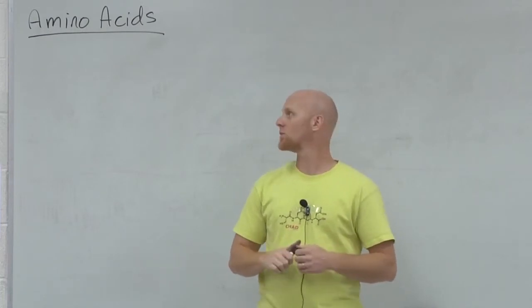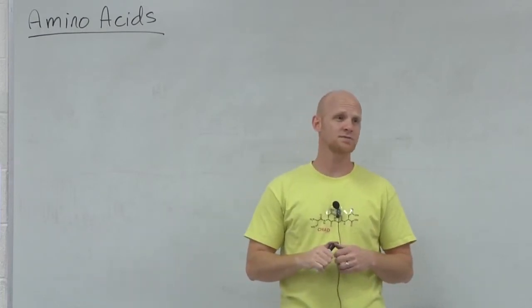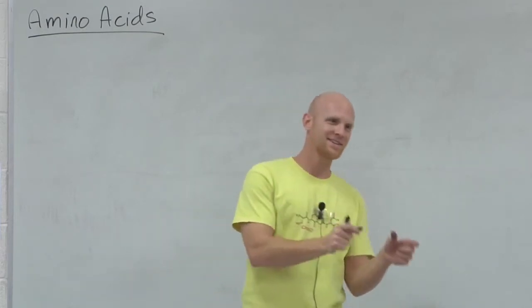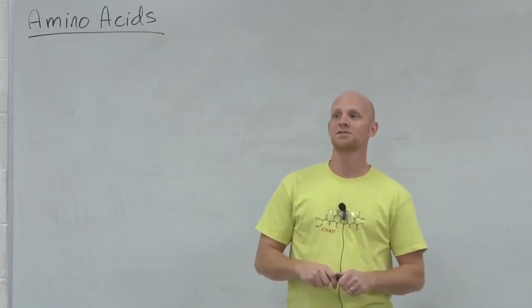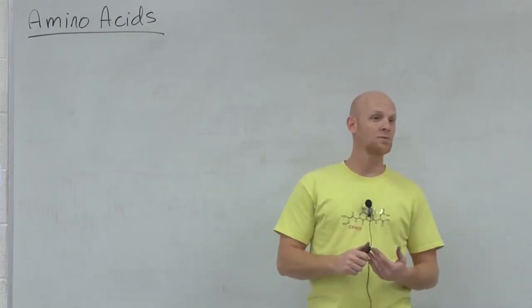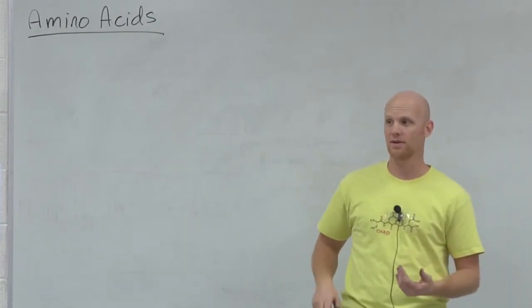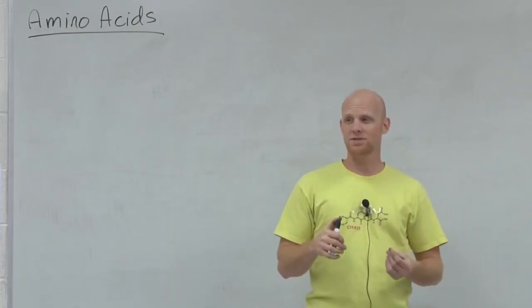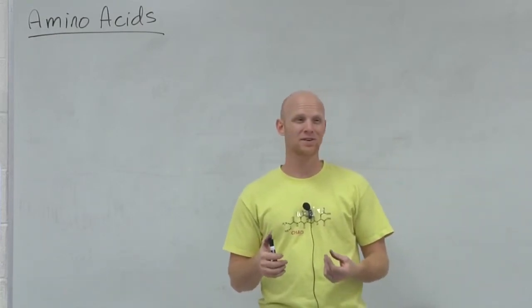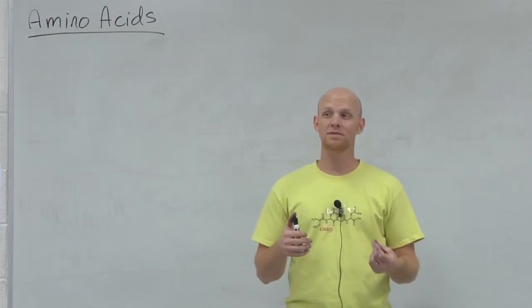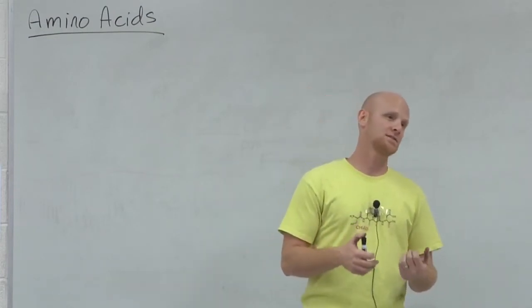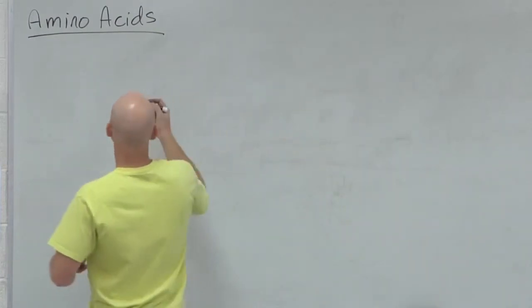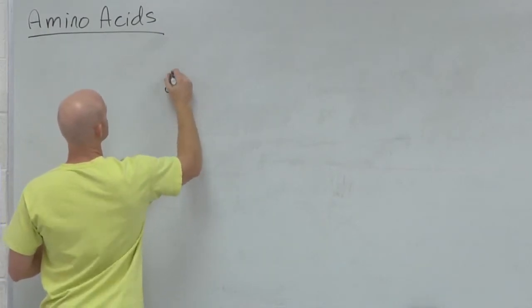Well, it's an organic molecule that has two functional groups. What functional groups? An amine group and a carboxylic acid. There are lots of different molecules that could be called an amino acid that have an amine somewhere and a carboxylic acid somewhere. But we're actually getting more specific than that. When we say amino acids in a biochemical context, we usually mean specifically alpha amino acids. So if we look at a carboxylic acid here,